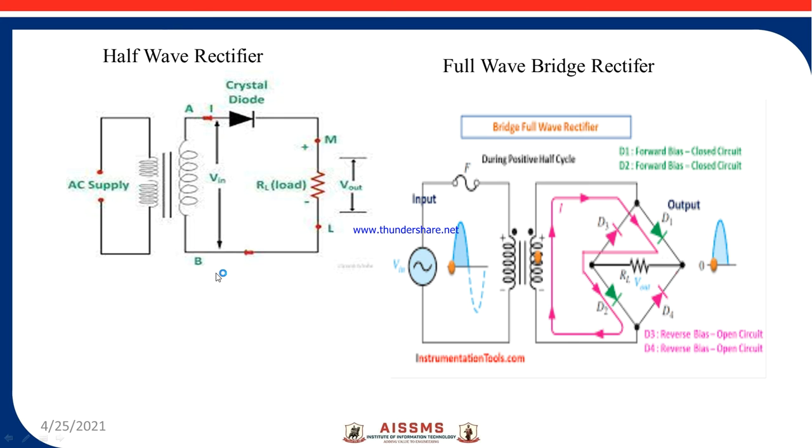When A is negative, that is during the negative half cycle of the AC voltage, point A becomes negative and B becomes positive, due to which the PN junction diode gets reverse biased, as the negative is connected to the anode. During reverse bias, the diode acts as an open circuit having a high resistance. So the negative half of the input voltage cannot pass to the output, as the diode is acting as an open circuit. There will be no output during the negative half supply.